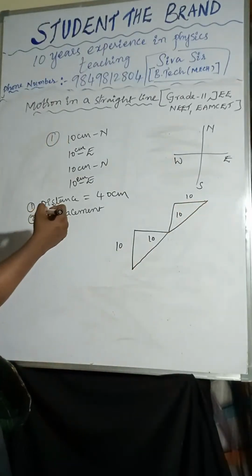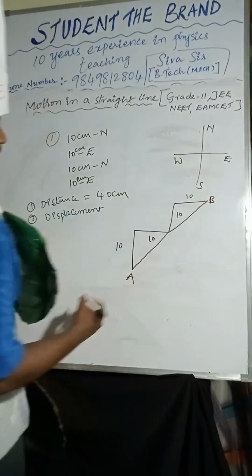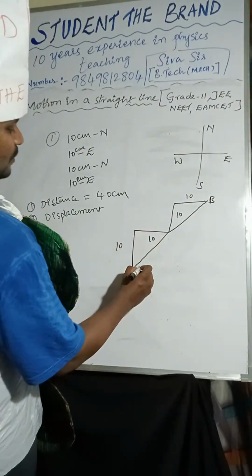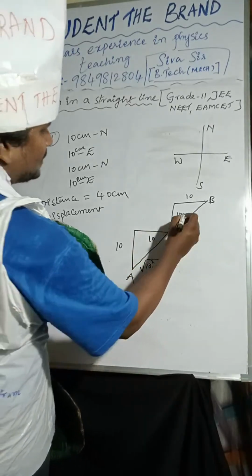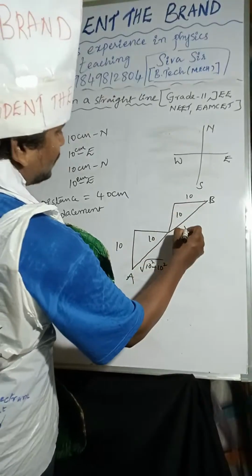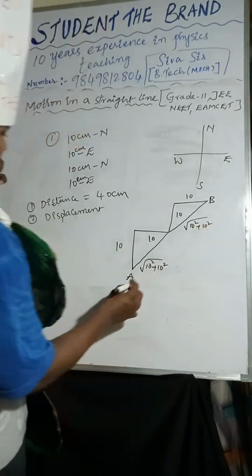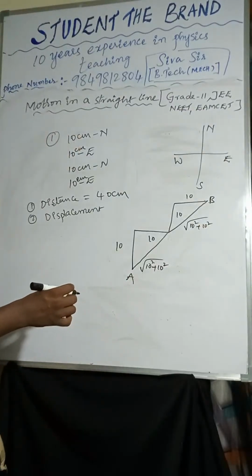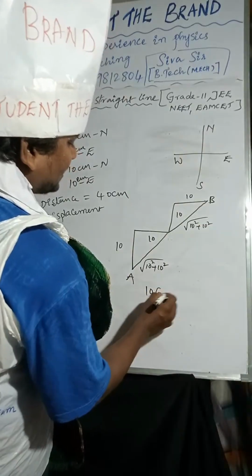I am considering here A to B. So this is A to B. This is root over 10 square plus 10 square. Here also 10, so root over 10 square plus 10 square. So then we'll get how much? 200. 10 root 2. So this is 10 root 2 because root over 100 plus